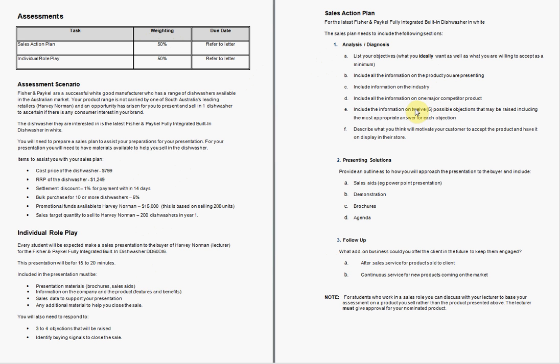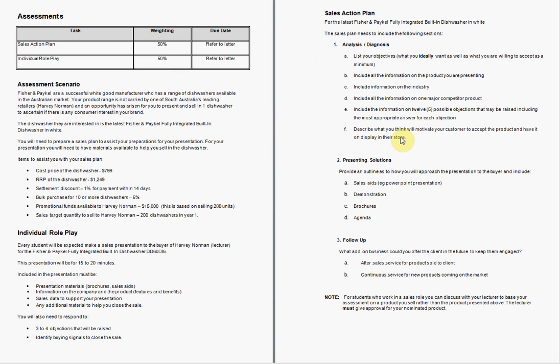The next bit of information you need to provide is only 5 possible objections, so make sure you only do 5 that are raised, and the answers that you would provide. So you do need to include that in your analysis. In real life, you look at all the possible objections, and you'd have answers for all of them so that you are prepared. The 6th item that you need to consider within your analysis is describing what you think